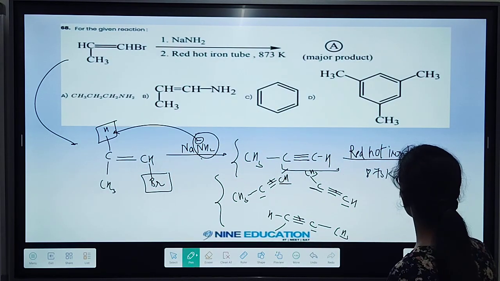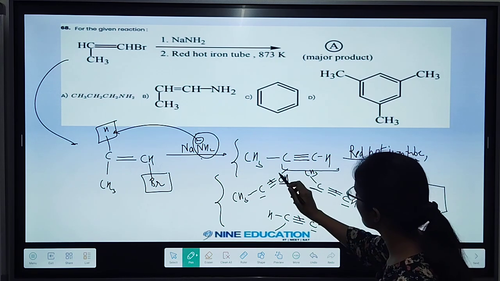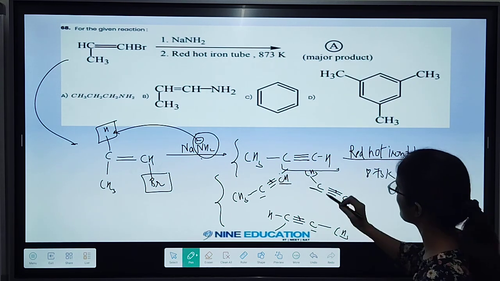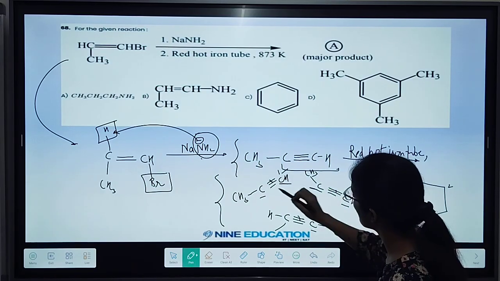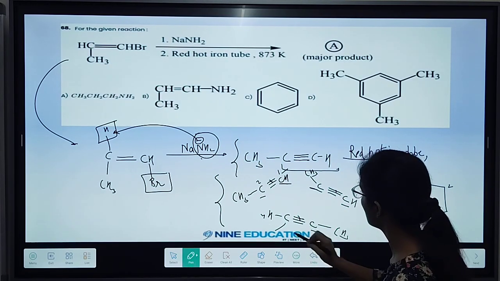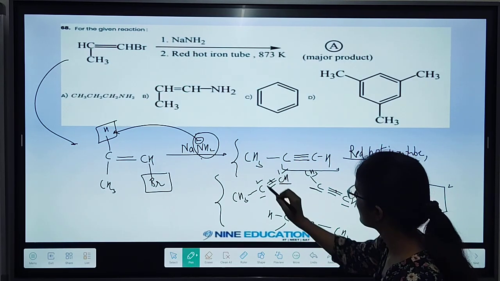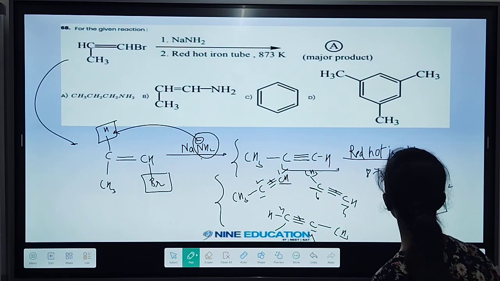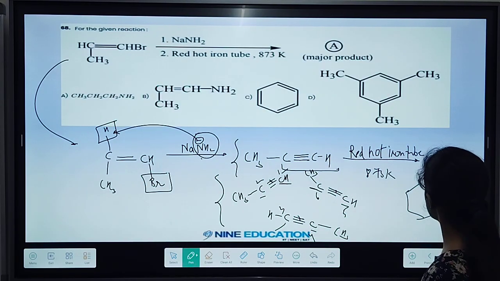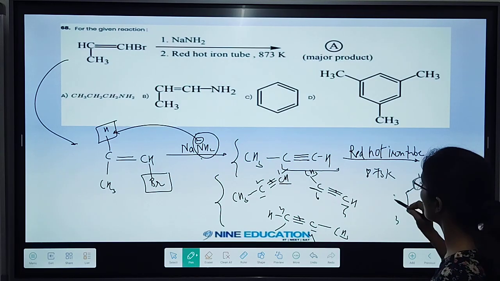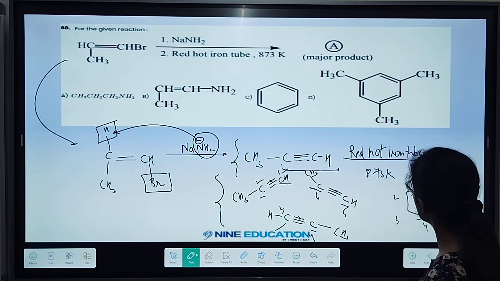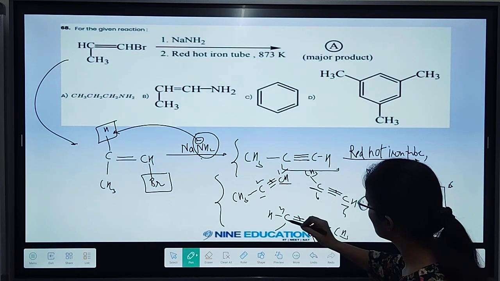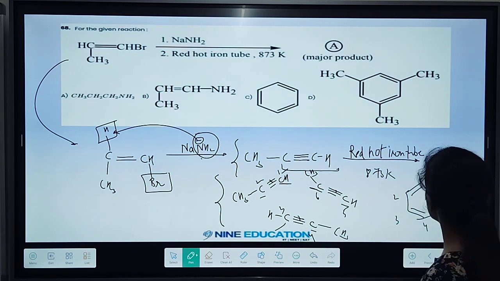You will be getting it like this. Let us say this is the first carbon and the second carbon is getting connected. Then we have the third, the fourth, the fifth, and the sixth. So here we have sixth, fifth, fourth, 3, 2, 1. We will have a pi bond between 1 and 2, between 3 and 4, and between 5 and 6.